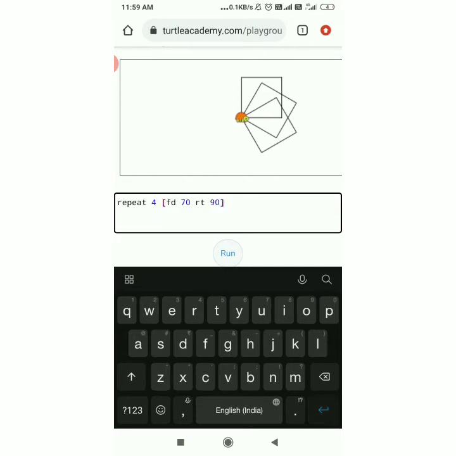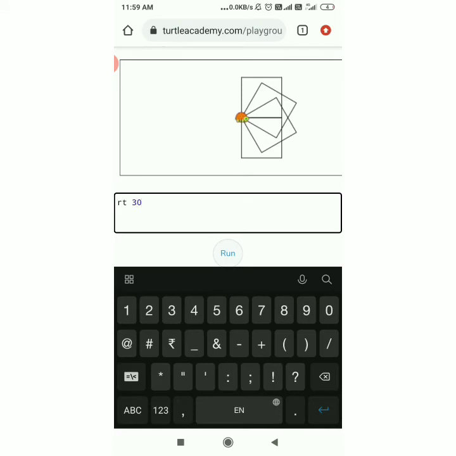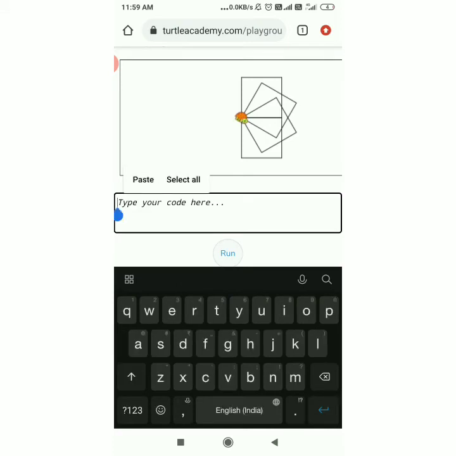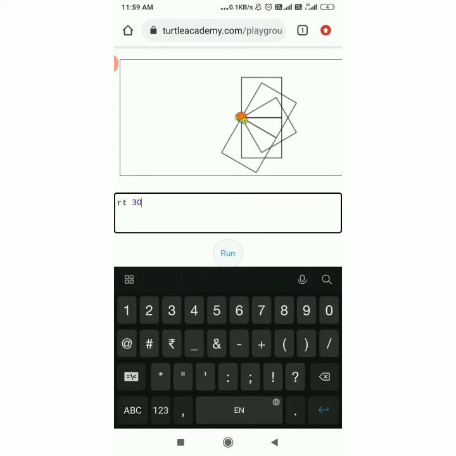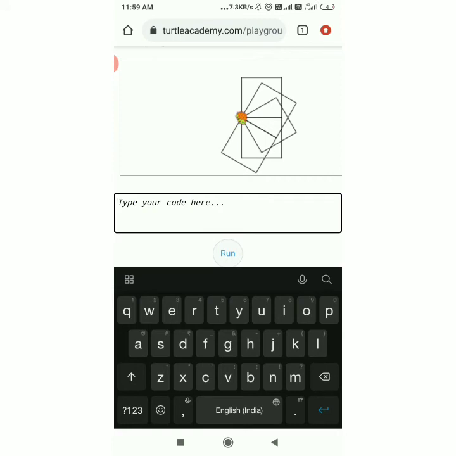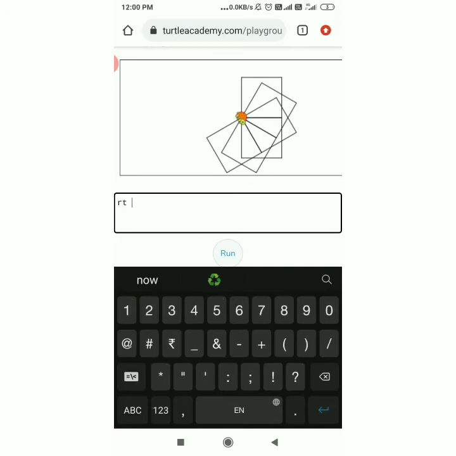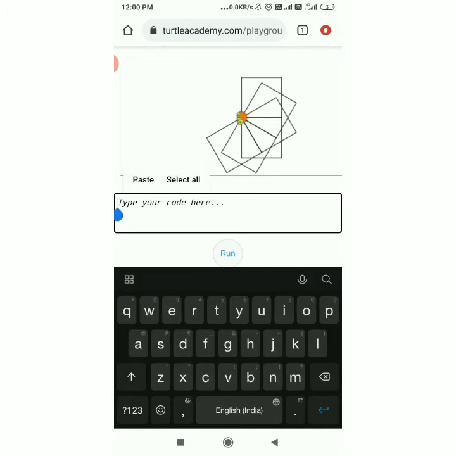RT 30, enter, then paste, repeat 4, FD 70, RT 90. RT 30, then the same command again. RT 30, enter, and I paste the same command.